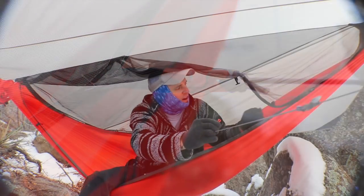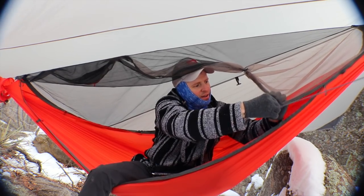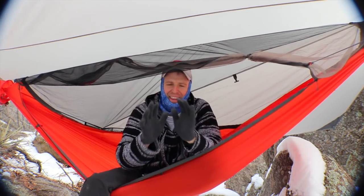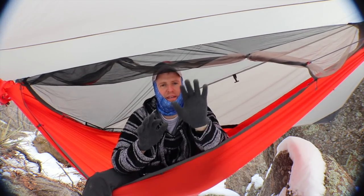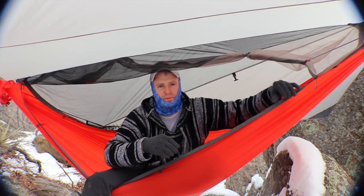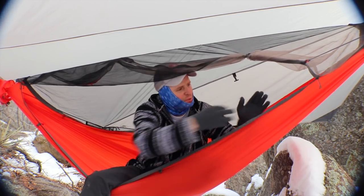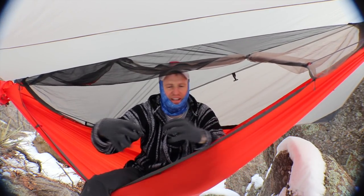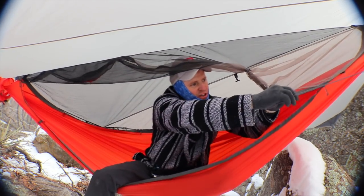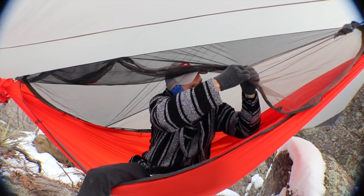So for example, this bug net, there are clips right on the bottom here, so you can pull it out right by your feet. I mean, this is just super cool. I can't even tell you, because there's so many hammocks that try to create some adjustability, but they've dialed in right where your feet need to be, because that's where you want to have the pull out, right near your feet, not by your knees. So they've got that already hooked up right here. I like to hook it right to where this toggle is,